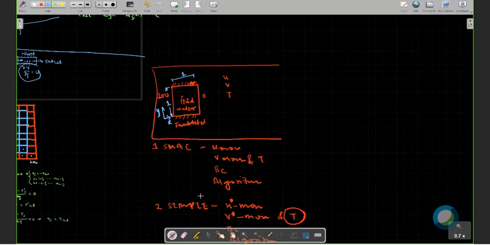For this problem, you have to write the u momentum discretization, v momentum, T equation, boundary conditions, and show the algorithm to solve these equations. Show the algorithm similarly for the SIMPLE case. So do this exercise. That's all for the class.